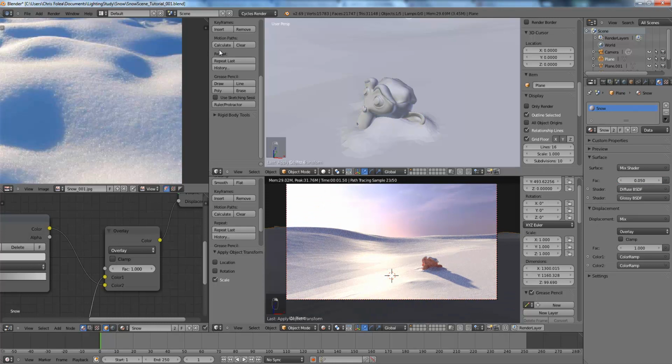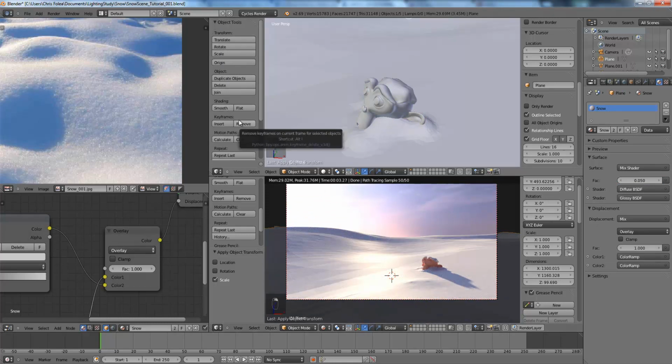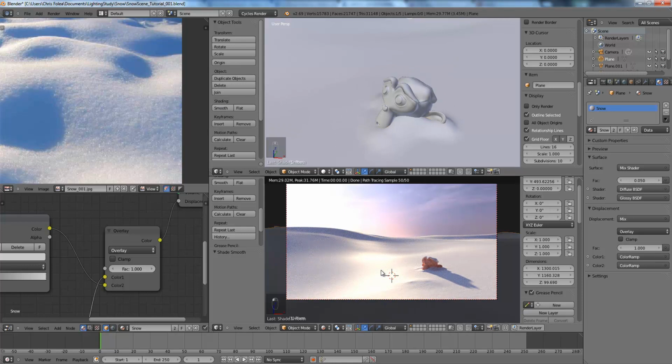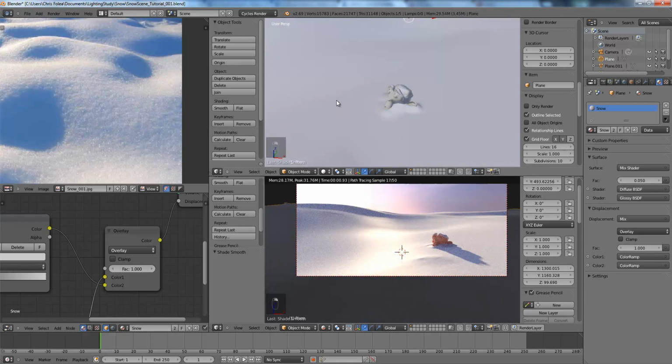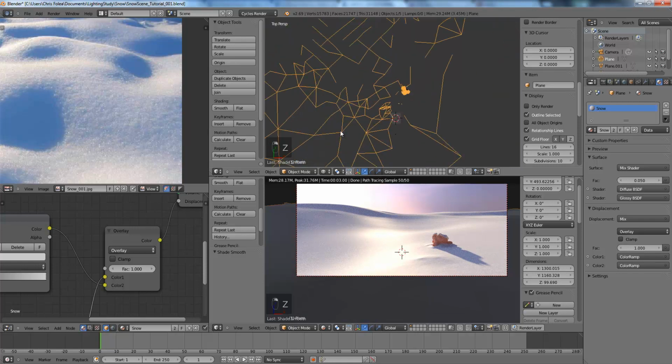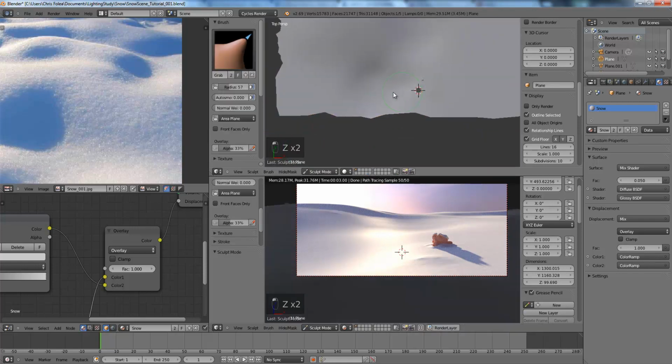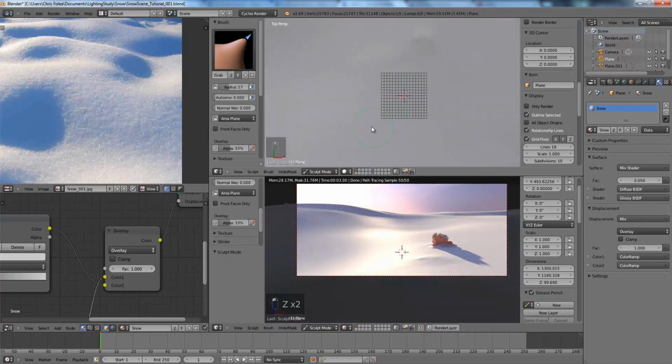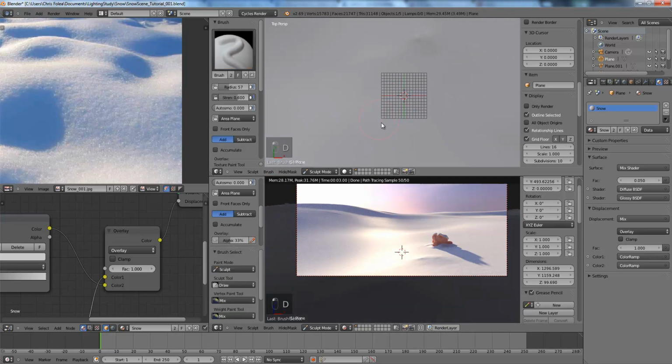And we'll go ahead and smooth this. Every time you go into dynamic topology, it will unsmooth your mesh. There is an option in dynamic topology to change that, but I did not select it. So we're going to go ahead and hit smooth, like so. Then we're going to go ahead and sculpt in some finer detail on the snow. And how we're going to do that is go into sculpt mode, come down here into the visibility range of our camera,